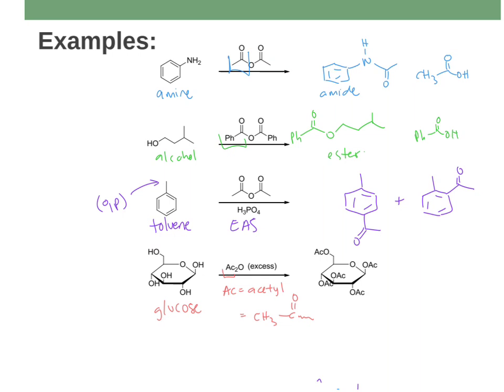So Ac2O is the CH3, C double bond O, O, and then another Ac group, another acetyl group. So it's the same reagent that I had up there, just written out a different way and using a really common abbreviation. But what you see here is, I already drew the product, but you just add Ac